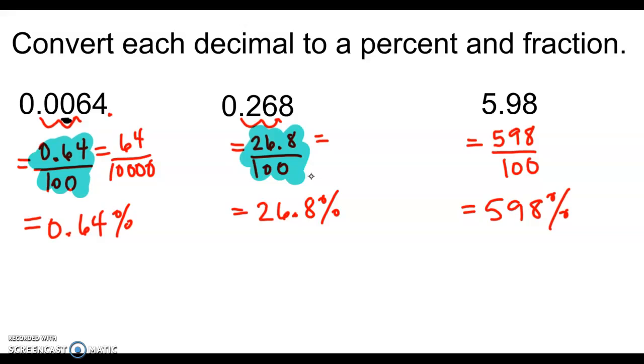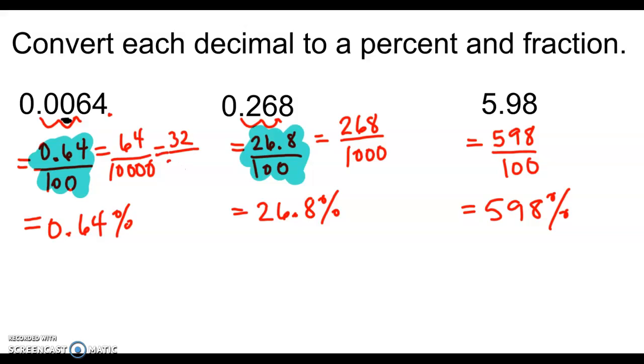Here in our second example, we see tens, hundreds, thousands. So if we move the decimal into the thousand spot, we would have 268 over 1,000. Now, that looks a lot better than having a decimal within a fraction, although it is not reduced all the way yet. In this first example, we see both of these digits are even in the numerator and the denominator, so we know for sure we could reduce it by 2. If I was to divide the numerator and the denominator both by 2, let me see, I would get 32